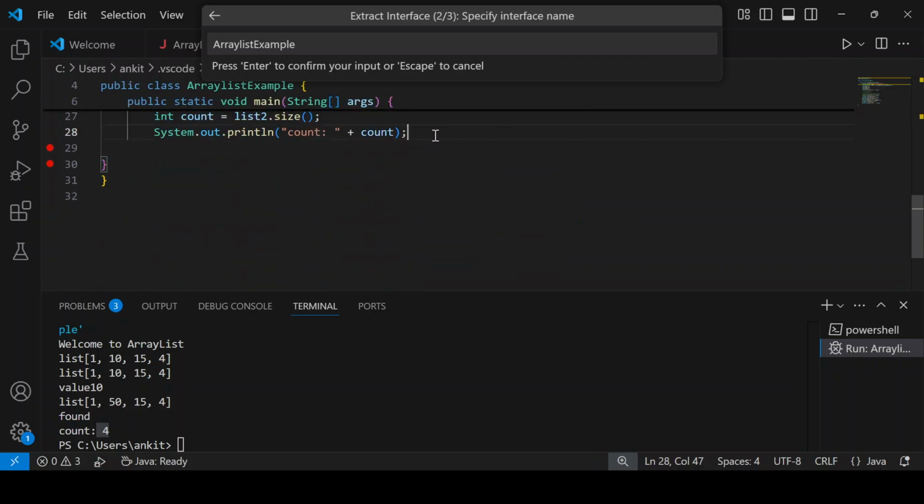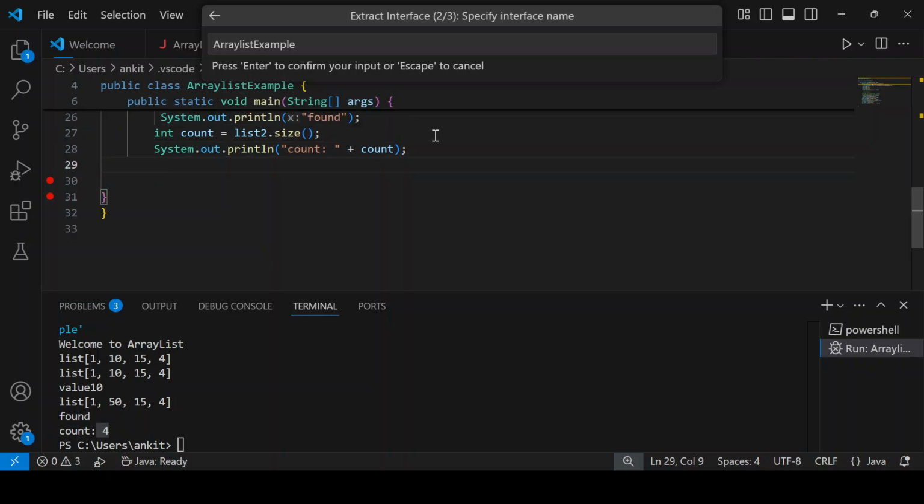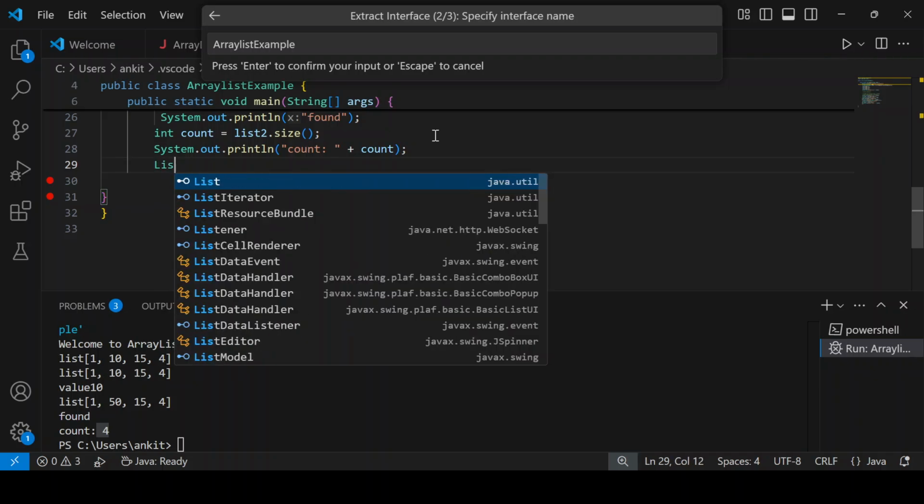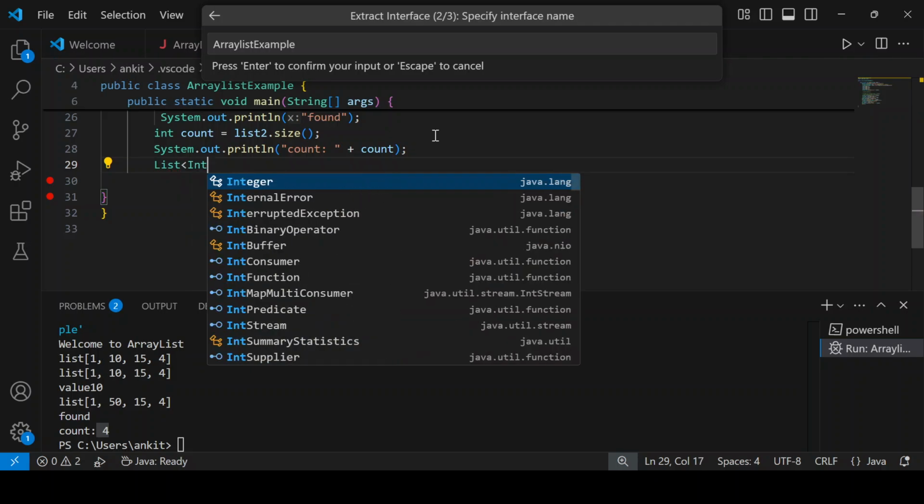And there's another way: if you have another existing list, then you can also use that list to initialize the array list. So, for example, you have a list of integer,